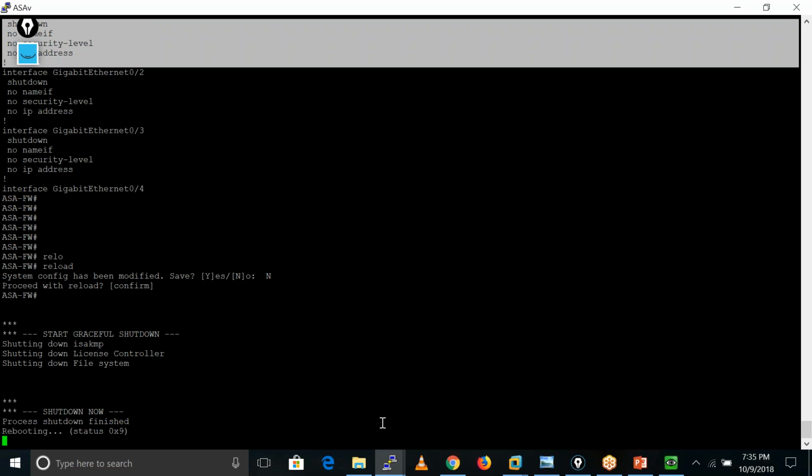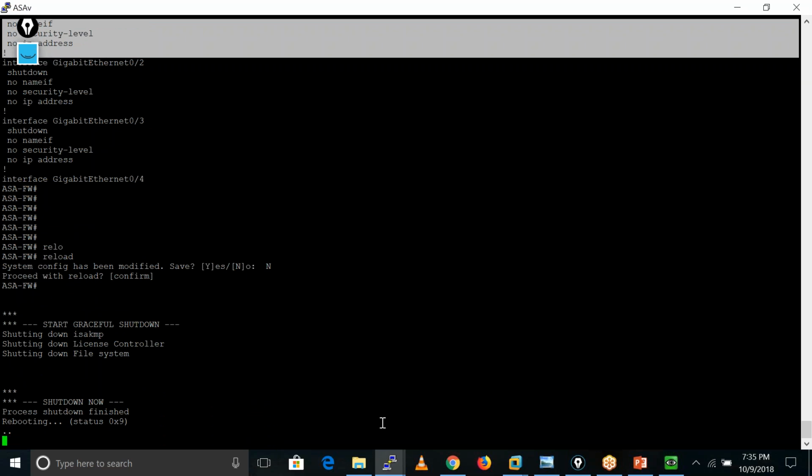Because sometimes, if there is any power fluctuation, the ASA can lose power connectivity and automatically shut down. After it shuts down, it comes back again. In that case, it reloads only the startup config, not the running configuration.